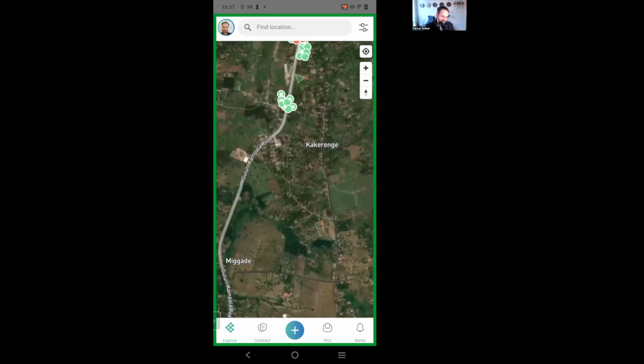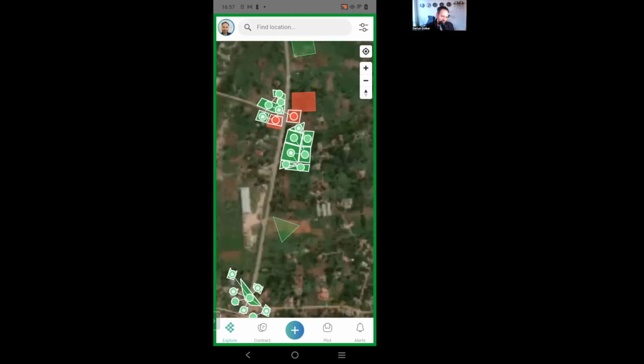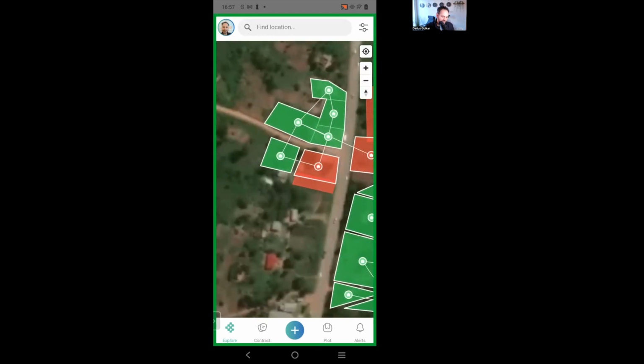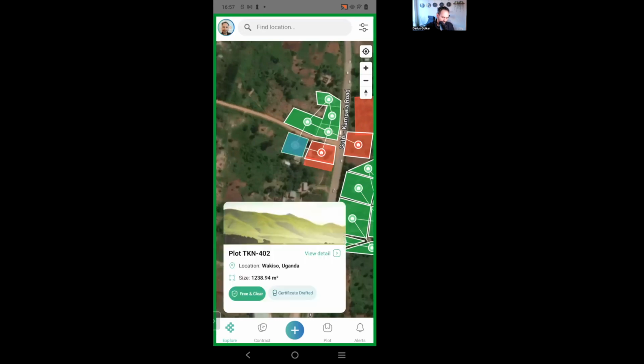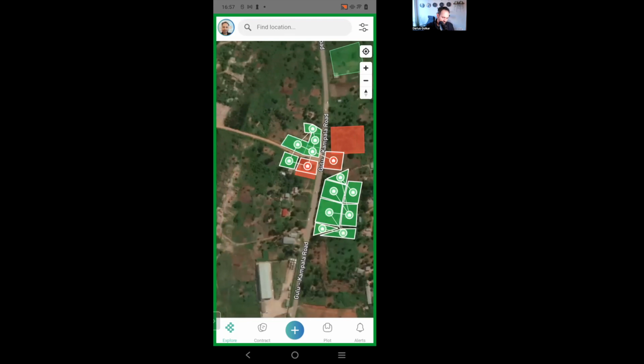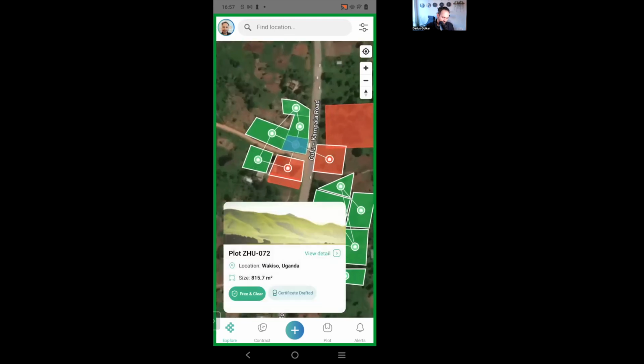And then you see down here. So I believe this was the plot. Let's check. No. Was it this one? It was ZHU072, I think. So right here, we can see that this is the plot.